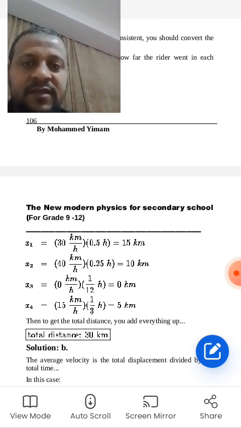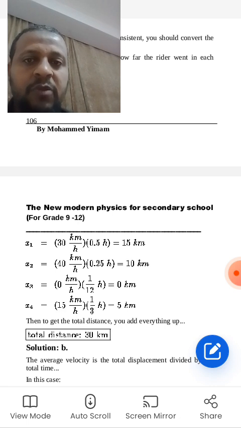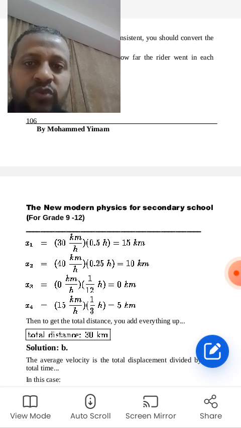So x1 is equal to 30 km per hour multiplied by 0.5 hour, which is equal to 15 km. x2 is equal to 40 km per hour multiplied by 0.25 hour, which is equal to 10 km. x3 is equal to 0.0 km per hour multiplied by 1 over 12 hour, which is equal to 0 km. x4 is equal to